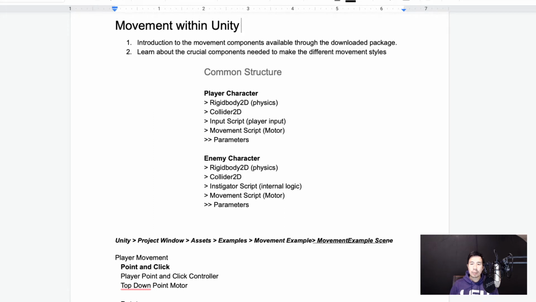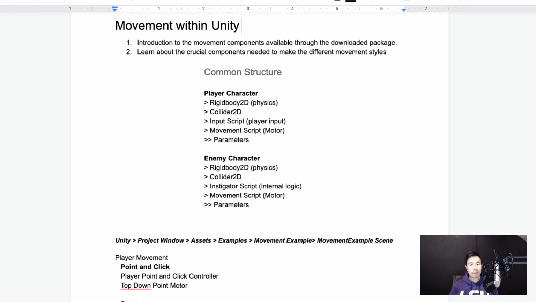In the previous video, we talked about adding rigid bodies and colliders, and they do two different things. Rigid bodies can take in physical forces like acceleration, force, and gravity, and that can be used to make things move. The other thing was colliders, which create a boundary for types of objects. And today we're going to be talking about how you can incorporate different types of scripts that add different types